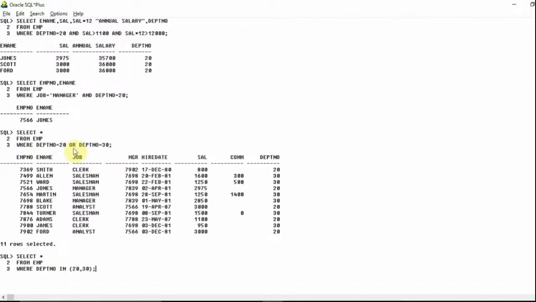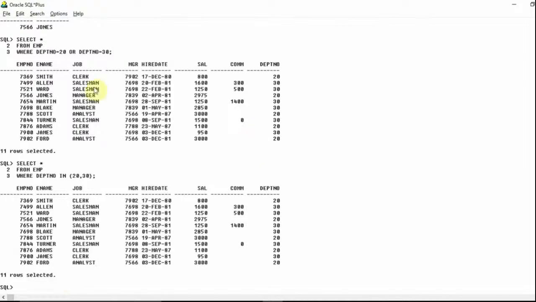So this basically says that in means or, indirectly in is saying that if the department number is satisfying any of these conditions, either the department number should be equal to 20 or department number should be equal to 30, then display the details. So if I hit enter, then you can see the same table has been displayed for this one also. So this indicates that you can write the query either like this or like this, but one thing is